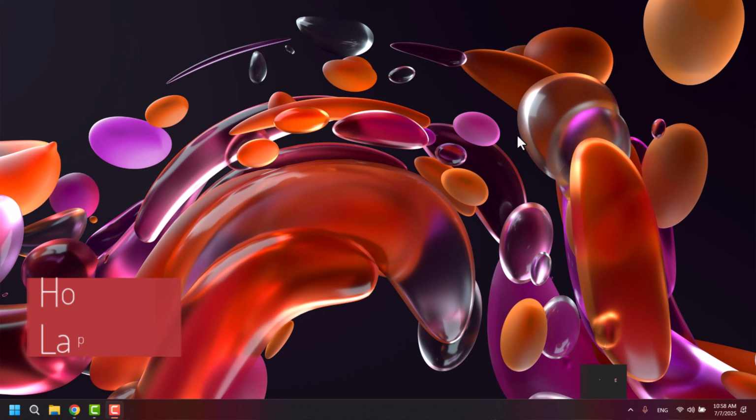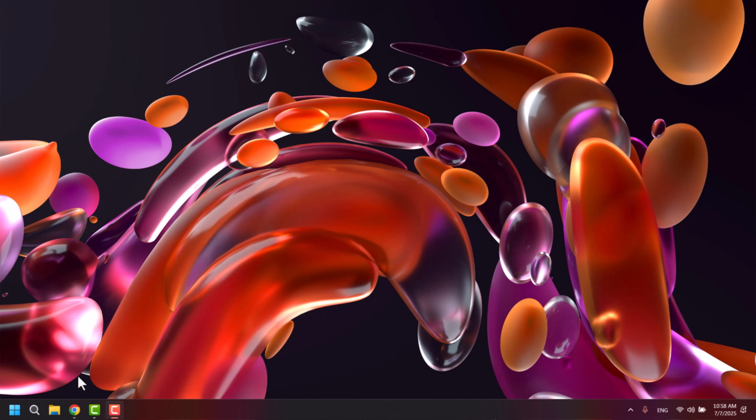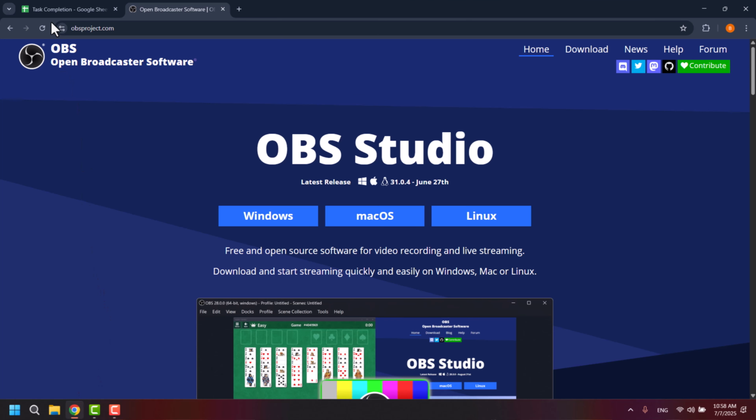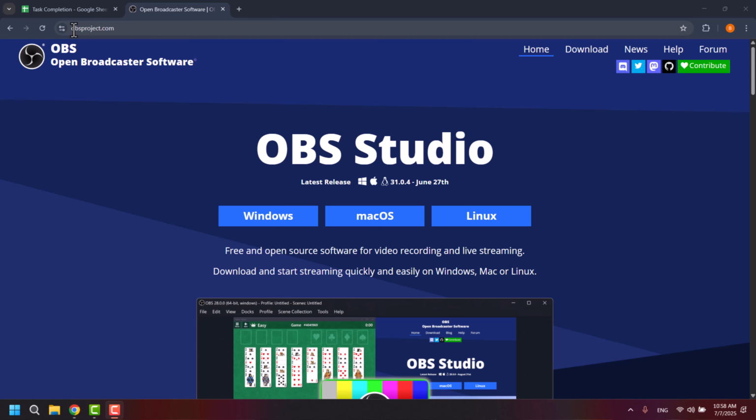Let me guide you quick and easy on how you can download OBS Studio on your PC or Windows. Well, getting straight onto the video, you can open up any browser. Here I'm opening up Chrome browser, but you can open up any browser that you use. Then you can head into